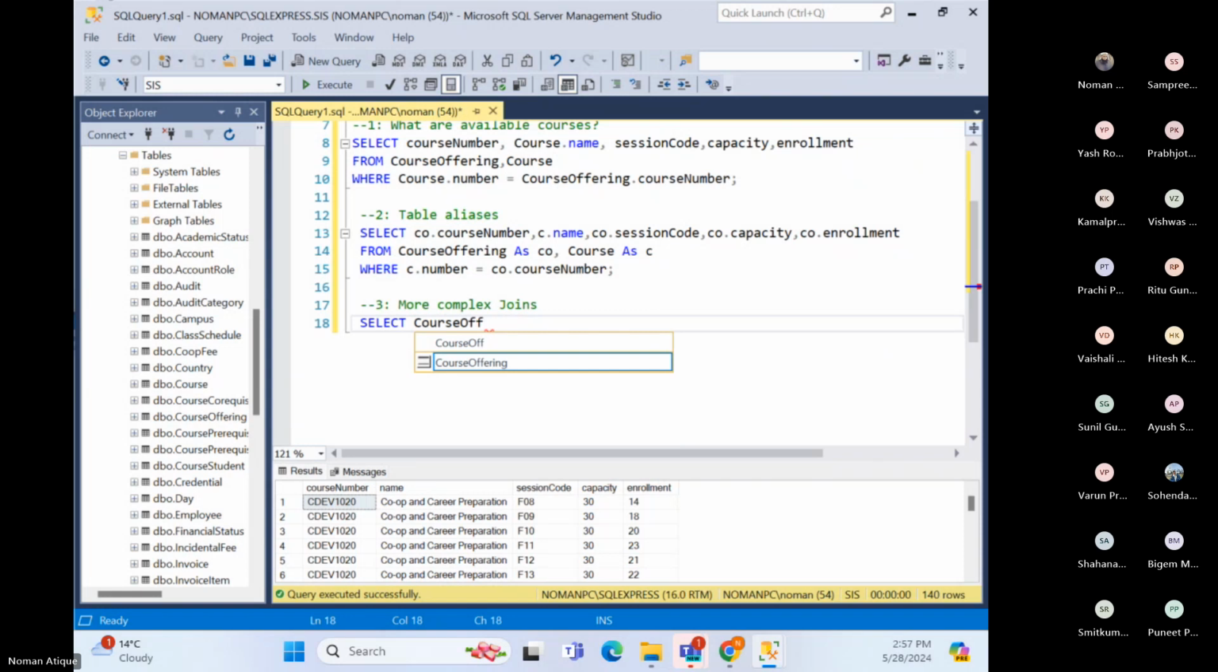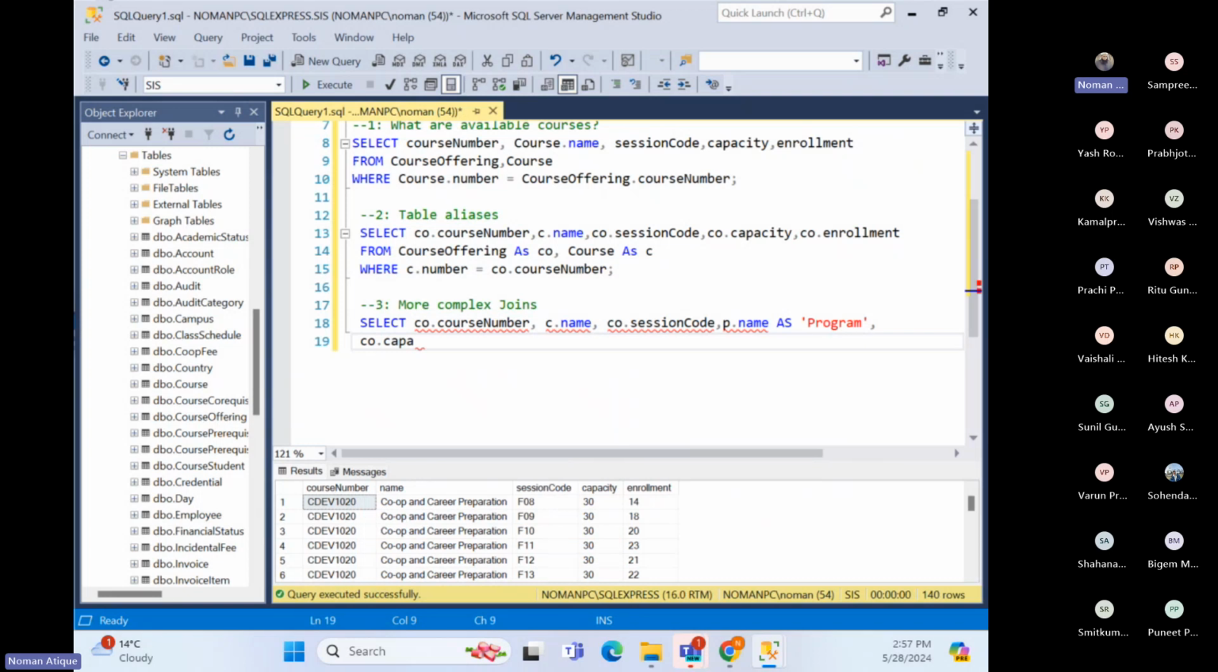course offering CO, and I'll just give that from select co.course number, c.name, co.session code, p.name as program. I'm just giving another aliasing over here, and co.capacity, and co.enrollment